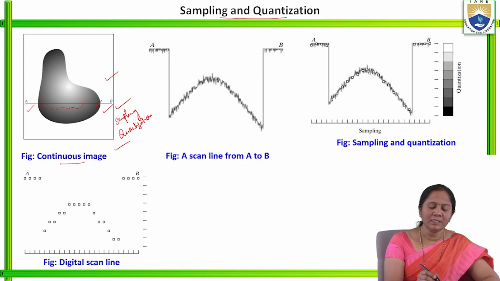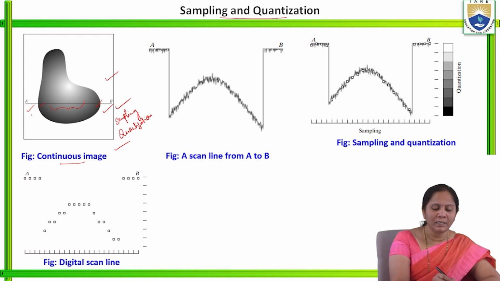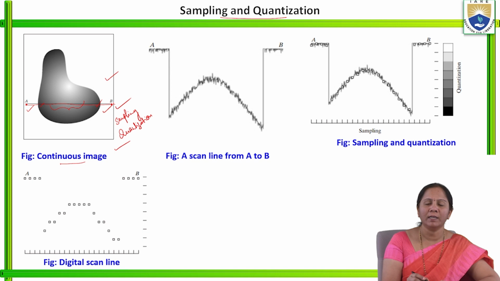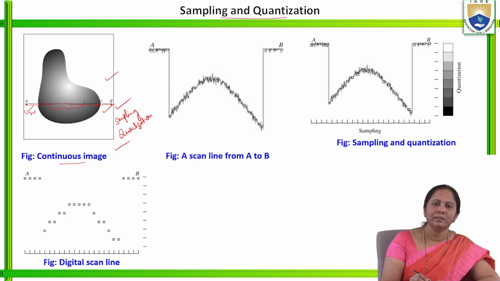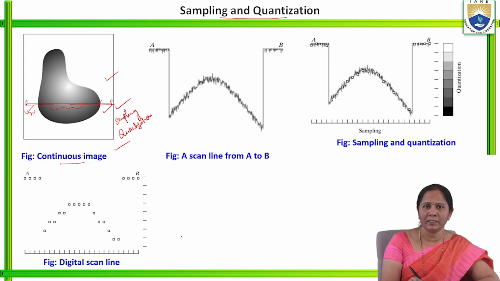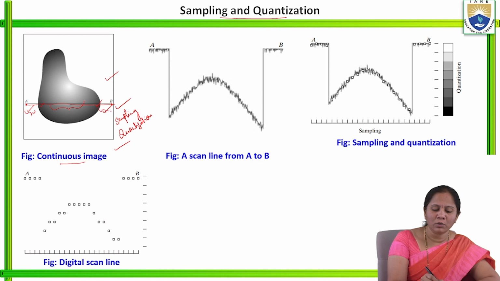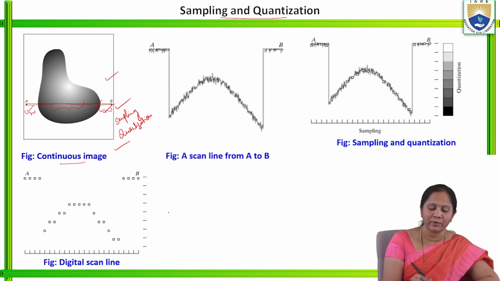Now, in this analog signal, we can see one line segment. The line segment is passing through this image and it is indicated as A, B. Considering that line segment from A to B, at this area the intensity level is different, it is white in color, and here also the intensity level is different and